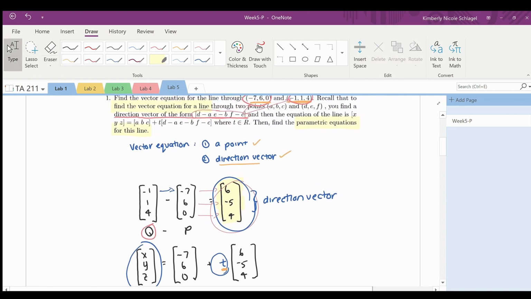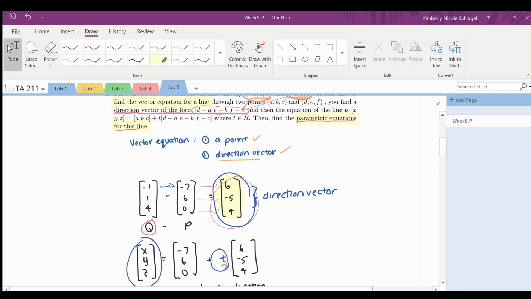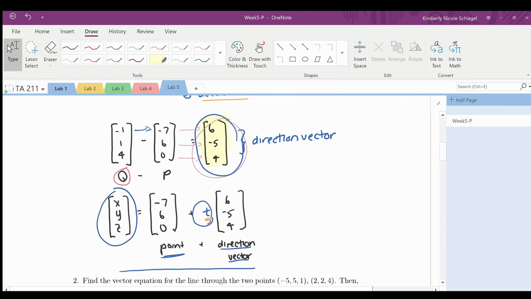So we're done the first part here, and now we have to move on to the second part, which asks us to find the parametric equations for this line. Okay, so parametric equations for this line, you see the root word here, it says parameter. So all we're going to do with this is, now that we have our vector equation,